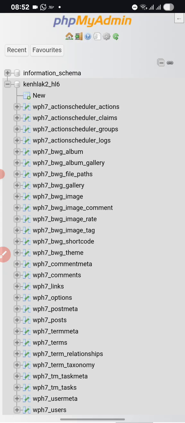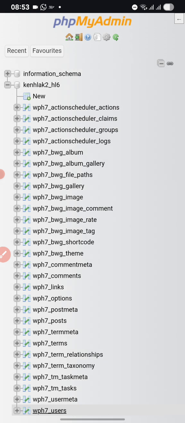You can see wph7. WP simply means WordPress, and this is version 7 point something. Yes, we are on WordPress 7 point. Just like you maybe use Android 11, 12, 13, 13.1. So the same applies. WordPress versions get updated. So in this case, we are on WordPress version 7. So click on users,